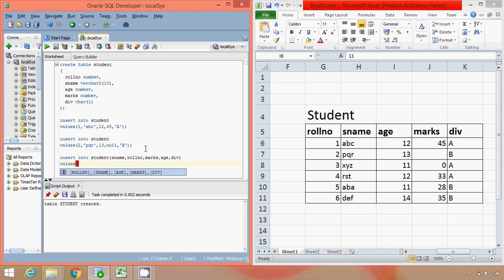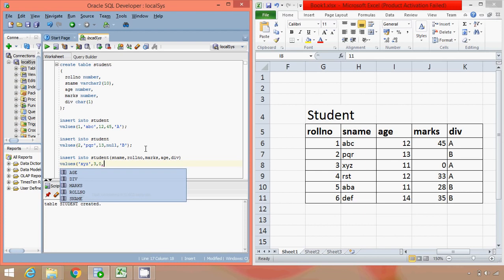Now the first value will be for S name, that is XYZ. The second value will be for roll number, that is 3, then 11, okay, marks is 0.